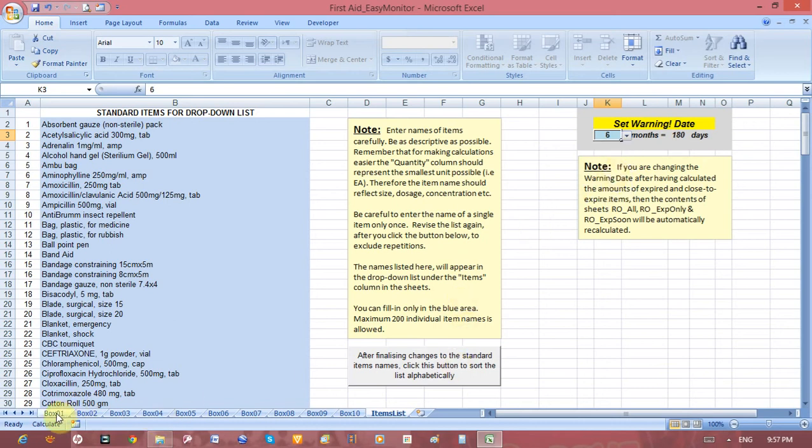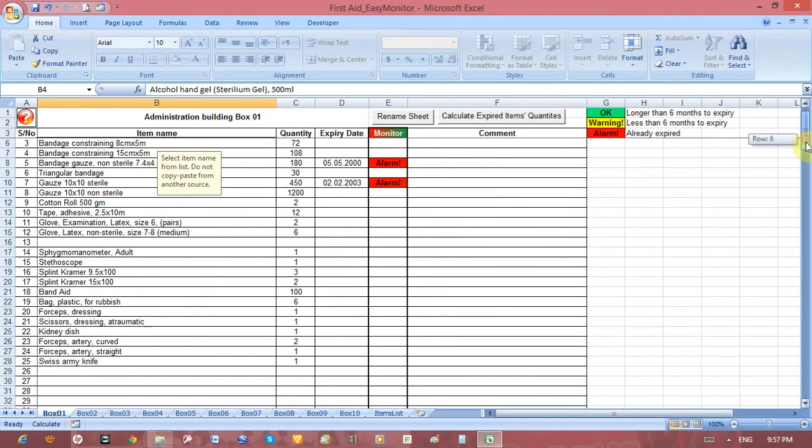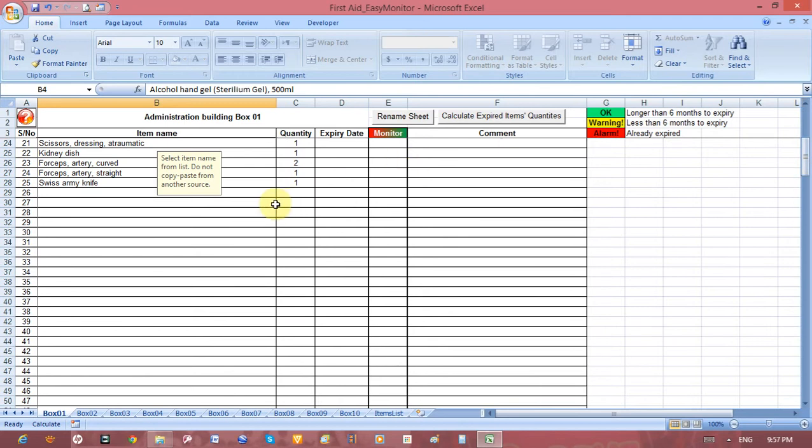So let's go now and see the sheets. Here the sheets are already populated, but I will demonstrate somewhere here. You have small information appearing everywhere. If it's in the way, you can just drag it aside. As you will see, the columns are item name,